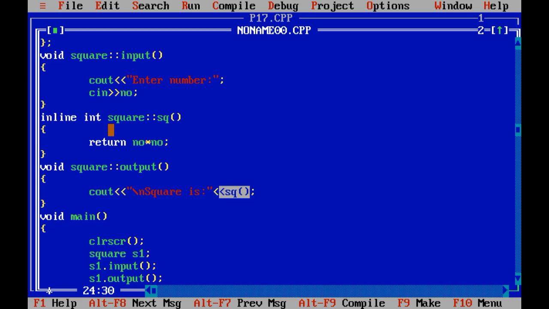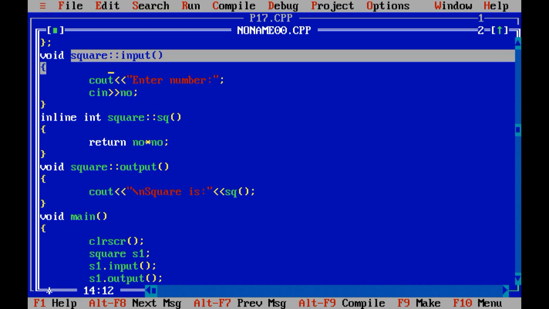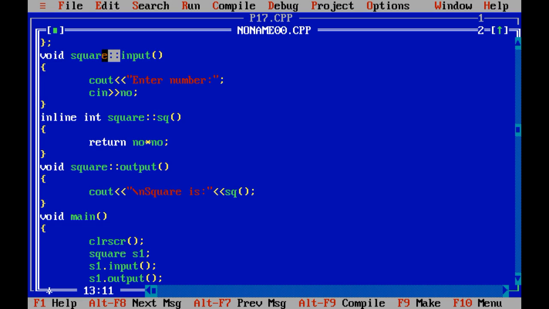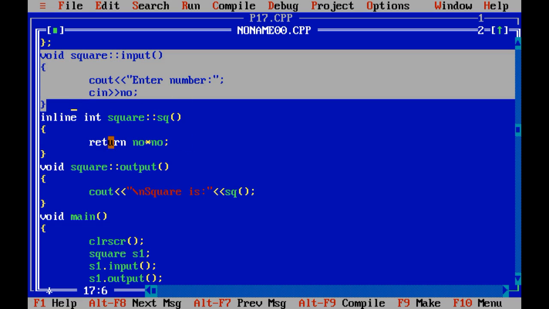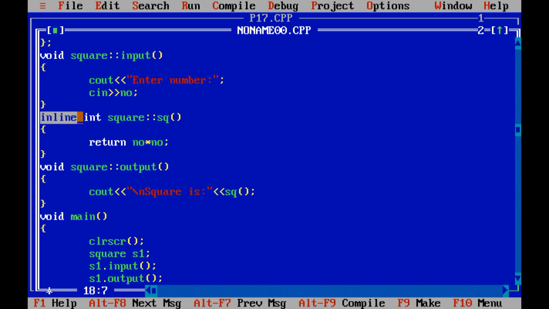Suppose I want to define it outside the class, at that time with the help of the name of the class and the scope resolution operator, I can define that function outside the class. Now it is time to think about which function I need to make inline. The function which contains a processing statement, to that function you need to apply the keyword inline.